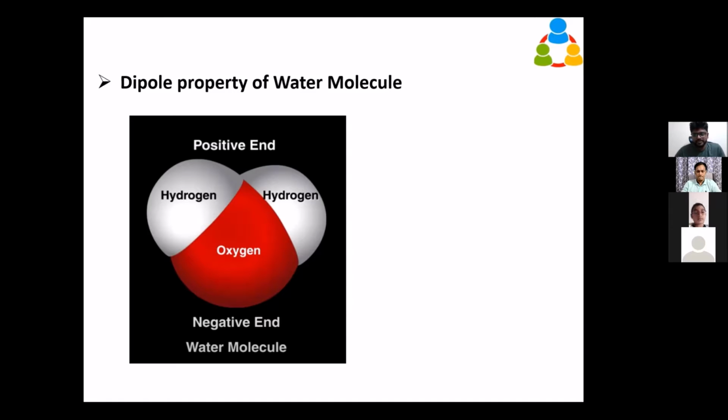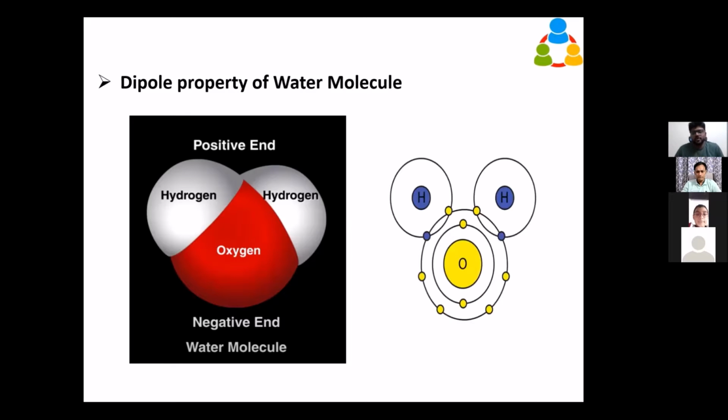So why does this polarization happen? For that, you have to go to the chemistry of the electronic configuration of oxygen, and how this screening happens. So those things are required. Let me just give a brief overview about that. The oxygen atom consists of 8 electrons, so it has 8 protons. So 16 will be its mass number, I guess.